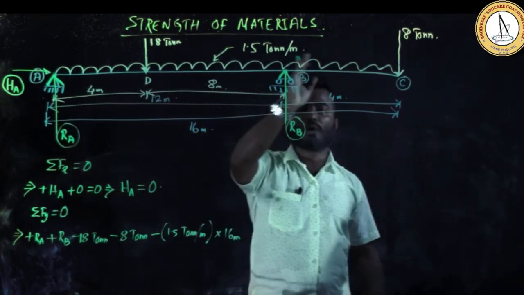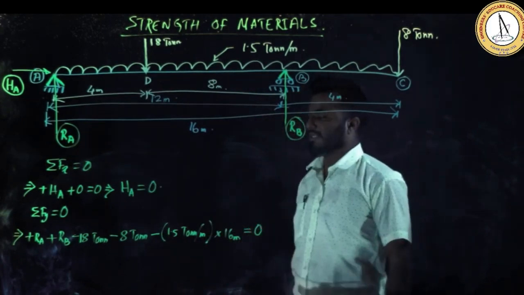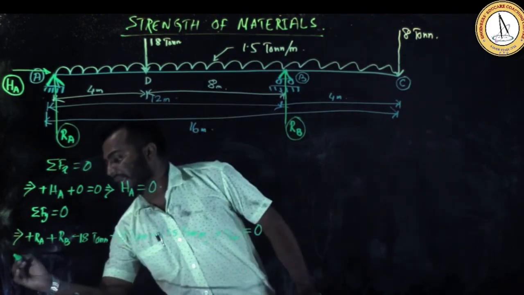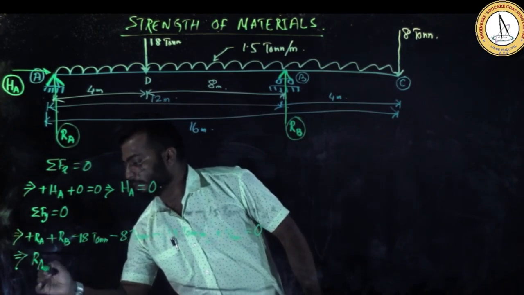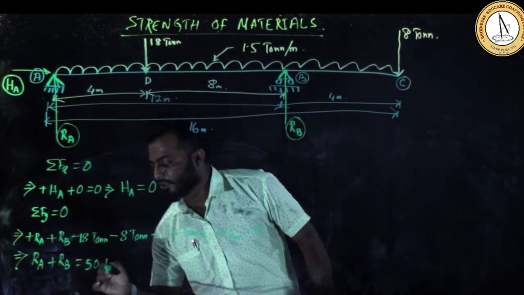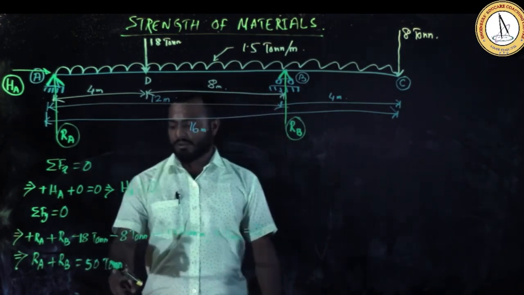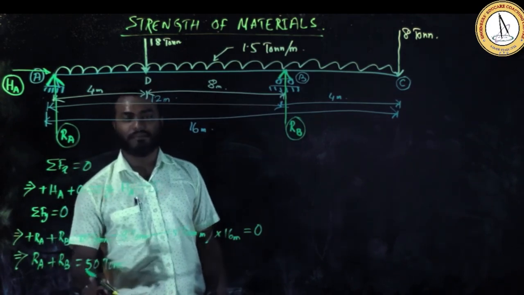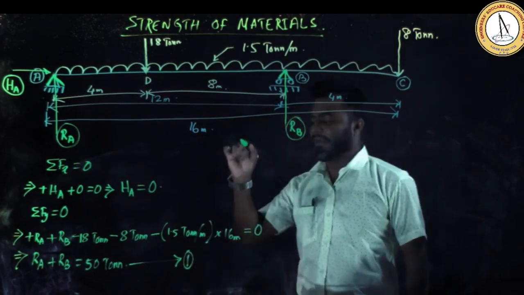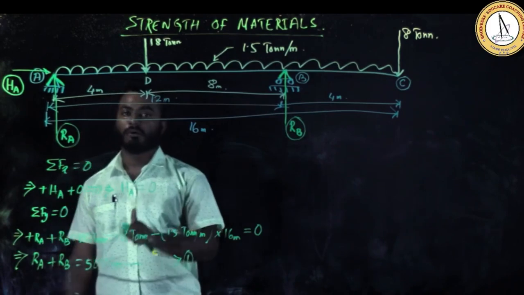Is there any other upward or downward forces? No. So that should be equal to 0. Now solve it for these RA and RB. You will find that RA plus RB is equal to 50 ton. You can solve this very easily by using your calci. You will find that RA plus RB is equal to 50 ton. So for our reference, we are giving a name. So this is 1 because there is a two unknown forces, one equation you can't solve.